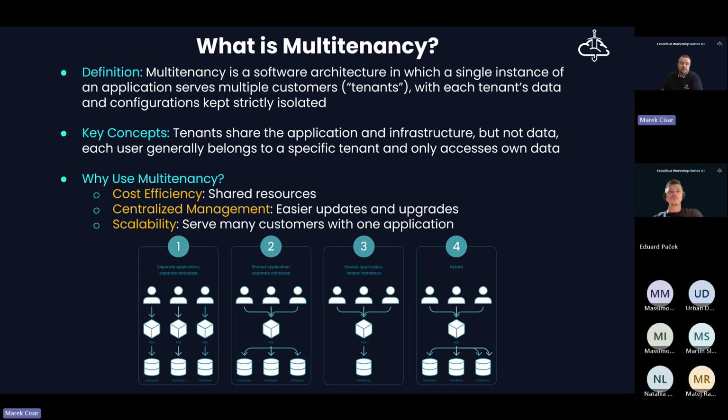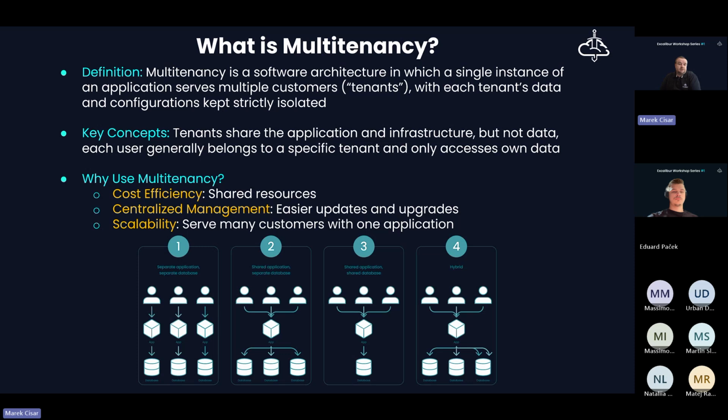Basically, it is a foundational concept in modern software architecture, especially for applications that are delivered or provided as a service. It basically means that a single application and its infrastructure is used to serve multiple customers or tenants at the same time.